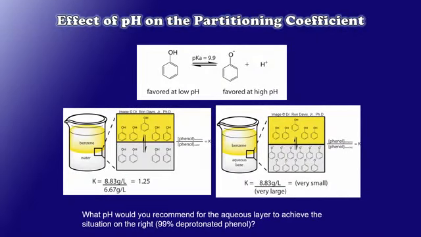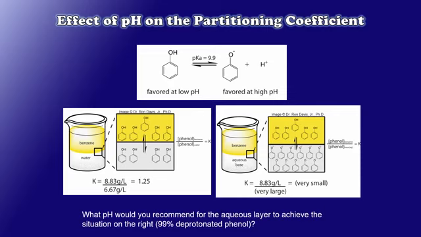But is that all there is? Am I at the mercy of this partitioning coefficient when it comes to moving phenol back and forth between benzene and water? Well, the answer to this question is no, I'm not restricted by that partitioning coefficient. And the reason is phenol is a weak acid, and it can be deprotonated in sufficiently basic aqueous solutions. So while I determined my partitioning coefficient to be 1.25